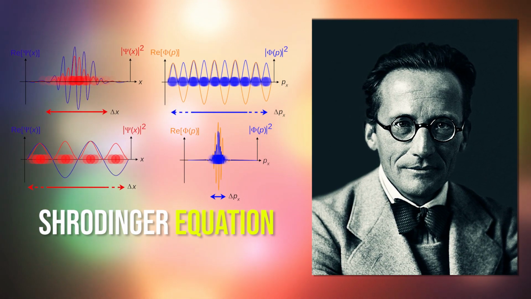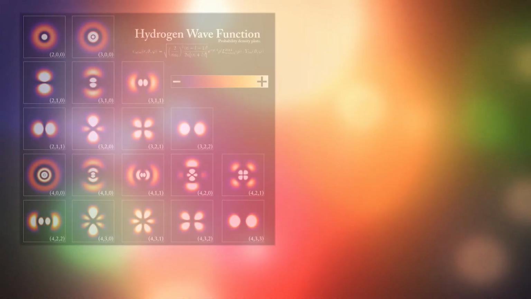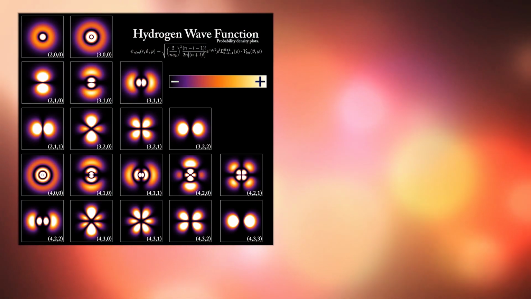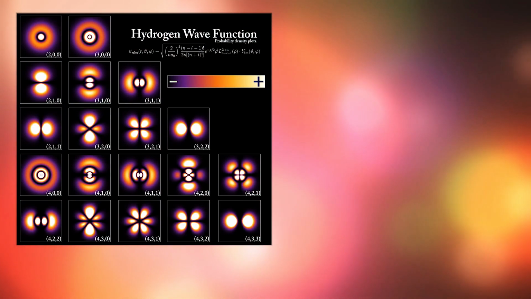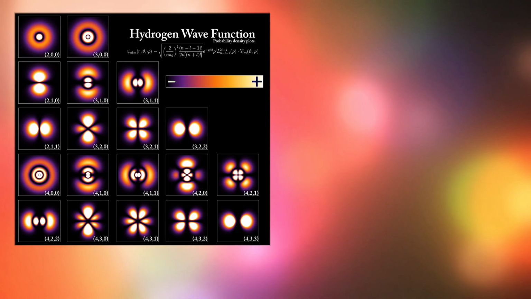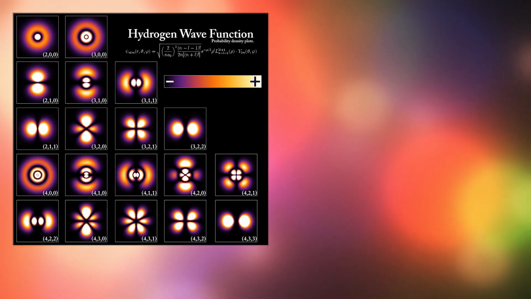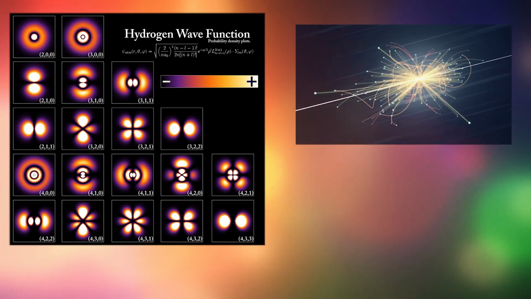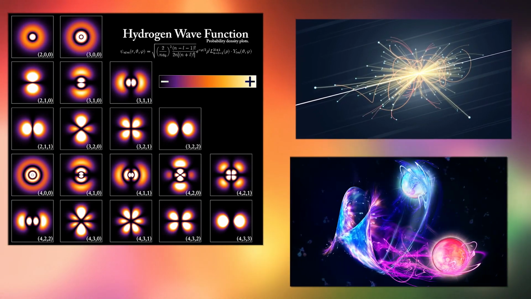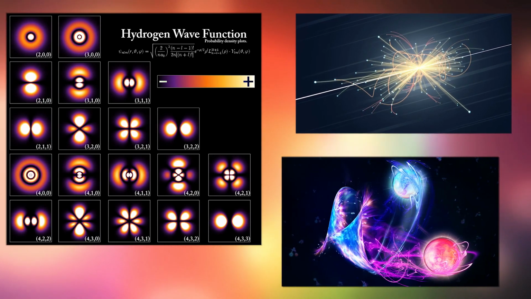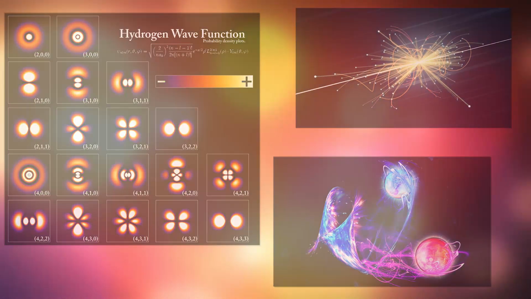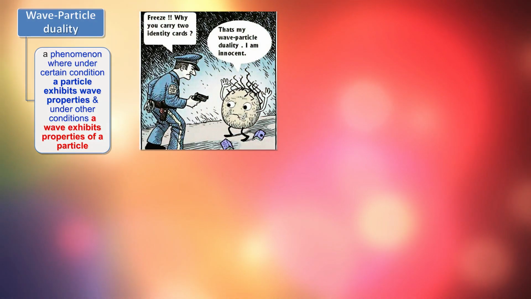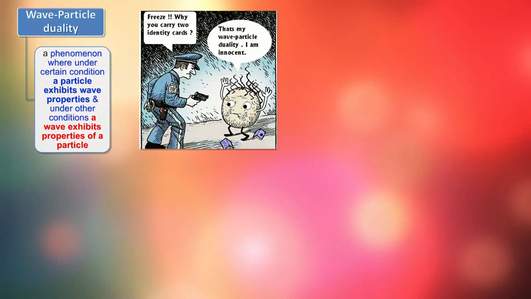This equation actually describes the changes in what is known as the wave function of a quantum system. The wave function captures all information needed to describe a quantum system fully. The Schrödinger equation describes how the probability of locating a particle or a system of particles evolves in a wave-like manner, and so provides some insight into wave-particle duality, the property of particles to behave like waves and waves to behave